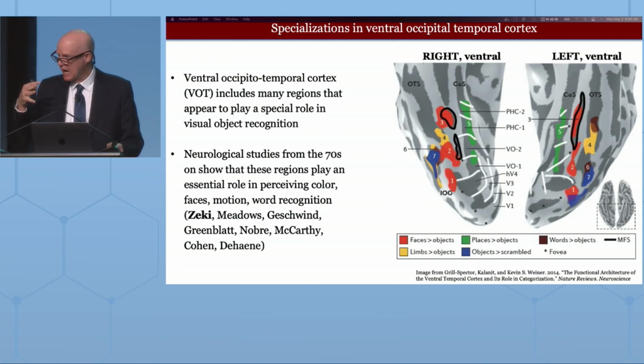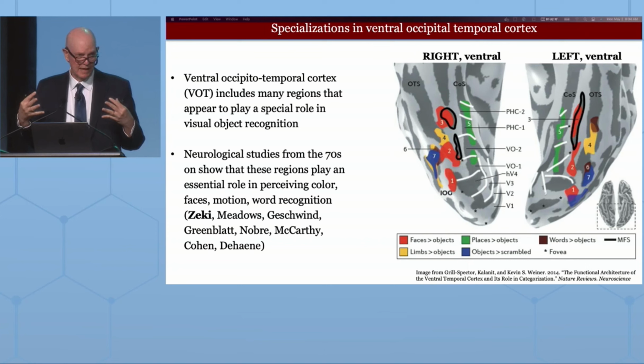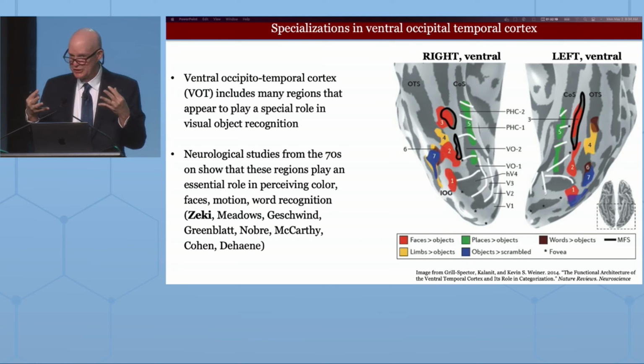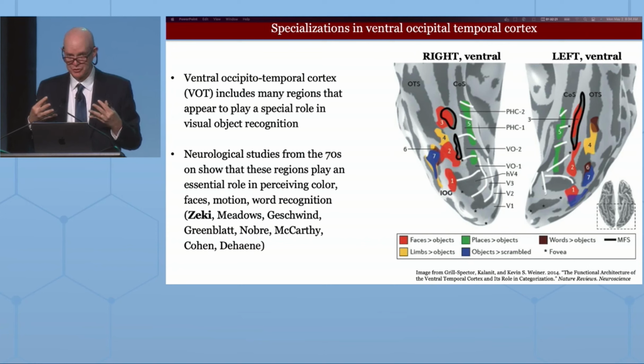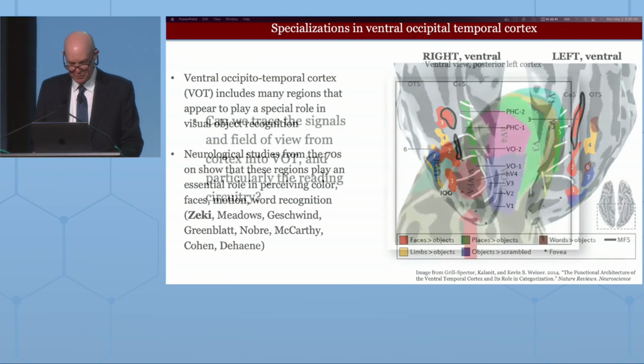At this point in time, in parallel to what I've been telling you, many people had been working on the organization of the responses in ventral occipital cortex. And here's a figure from a nice review paper from my colleague Kalanit Grill-Spector and Kevin Weiner, who was her student at the time, laying out a much more refined look at where different parts of the brain are responsive to faces and colors and so forth. And words are shown there, the little brown spot.